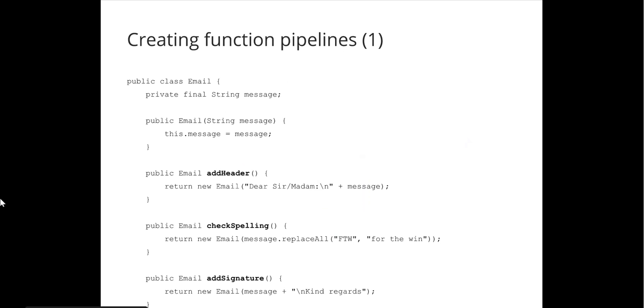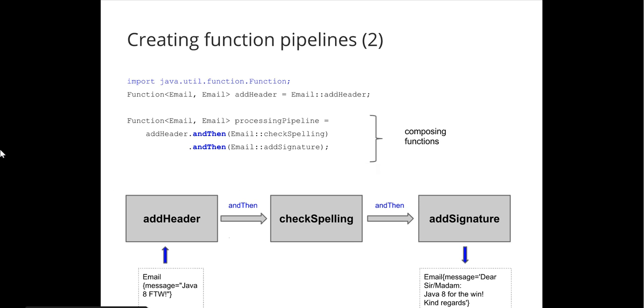So another example of how you can apply function composition is by creating a so-called happen filtered pattern here. We'd like to compose different methods together. They're not just predicates, there might be other things. In this case, we've got an email, and we'd like to be able to add a header to an email, do some spell checking, and add a signature to the email. But different mail clients may want to combine those operations differently. Maybe you just want to do the spell check, or maybe you'd like to add a header and the spell check and the signature. So you'd like to create pipelines of processing.